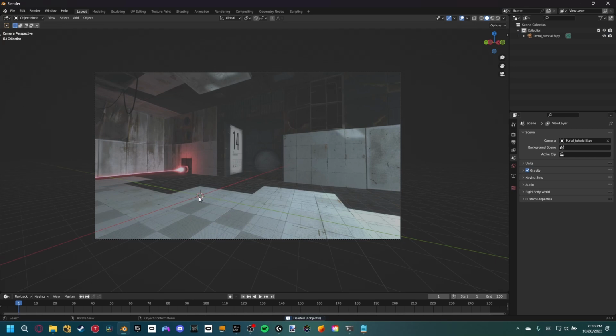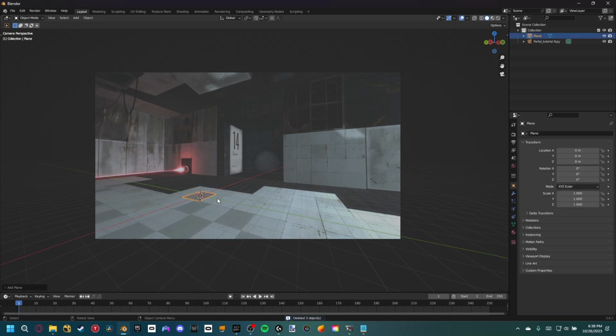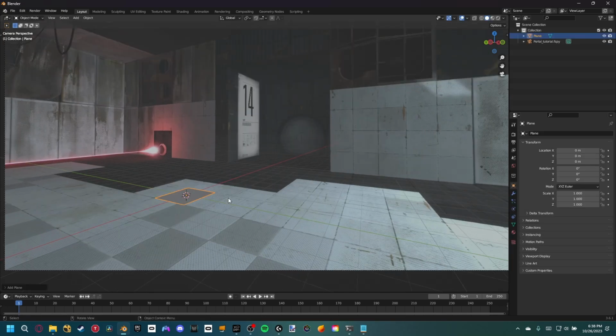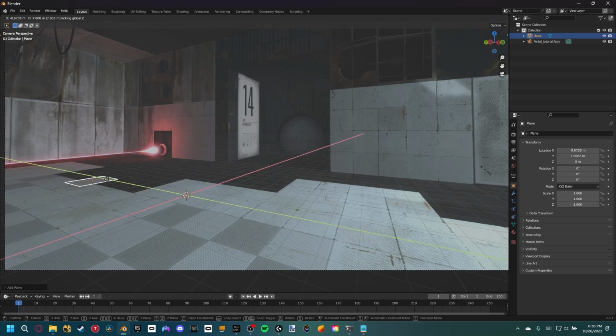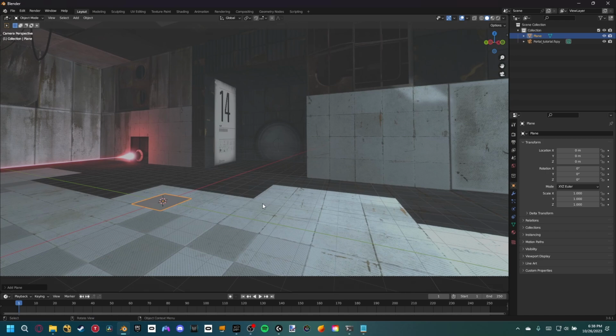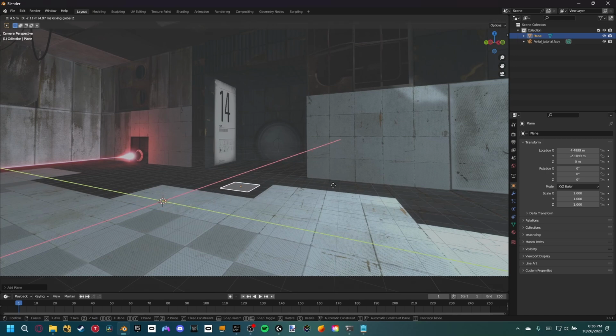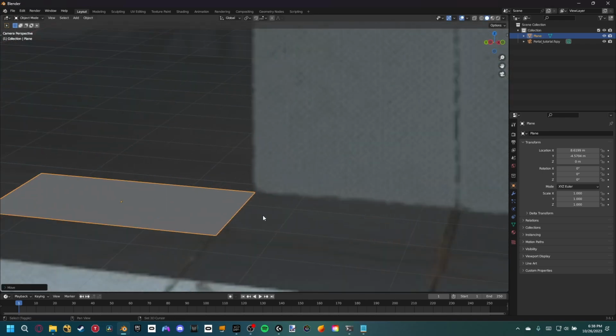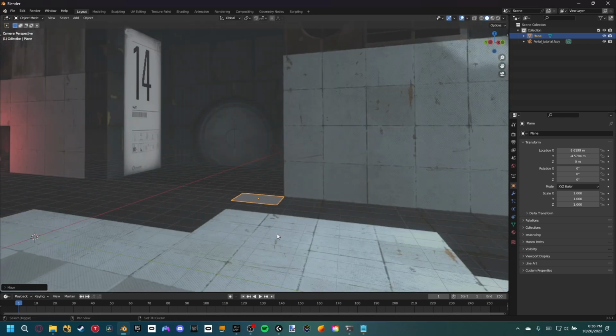And now, if I Shift-A, add a mesh plane, we can see that it's basically on the floor, and if I G-Shift-Z, kind of move that around, you'll notice that it's staying on the floor. So what I want to do is, again, G-Shift-Z to move on every axis but the Z-axis. I want to position this kind of on the corner of the wall here,